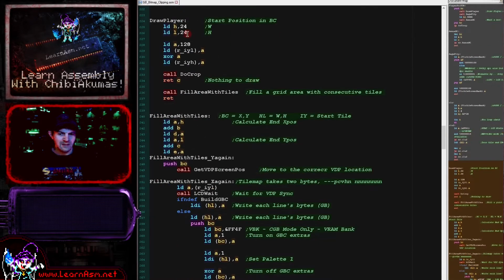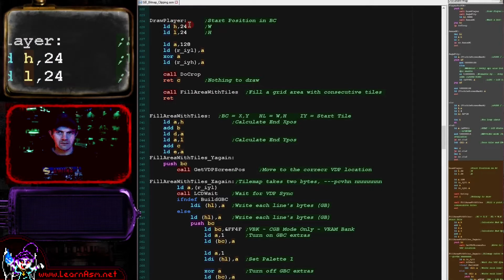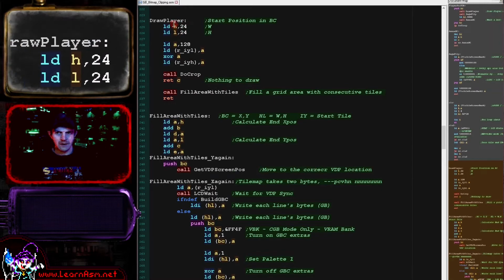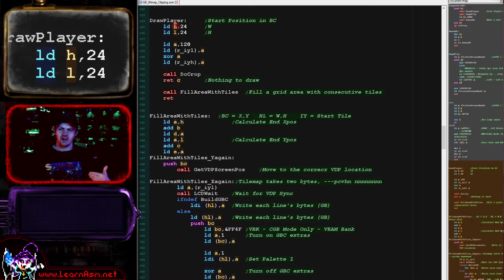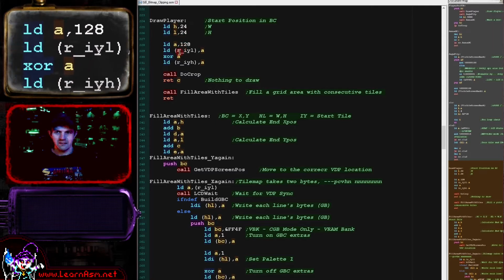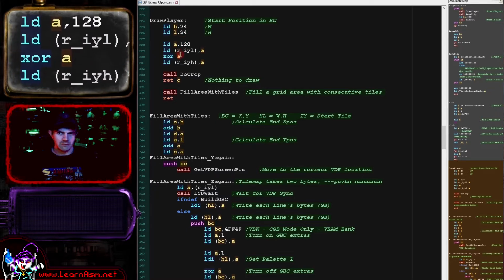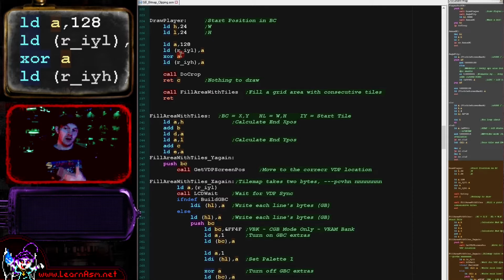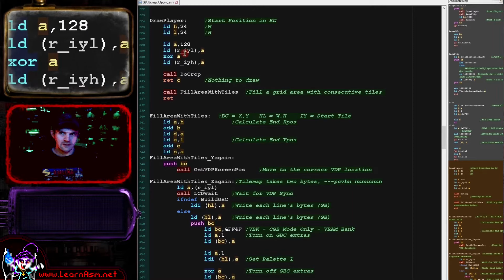Now, what about the drawing routine? Well, all of our coordinates now are in logical units. So our graphic is 6 by 6 tiles, but it's 48 by 48 pixels. Now we're working in logical units, and 2 pixels is 1 logical unit, so it's 24 by 24 logical units. Now the IY pair is going to be the first tile number that makes up our sprite. Our graphic has been loaded into the patterns 128 and onwards, and so we're loading 128 into the IY